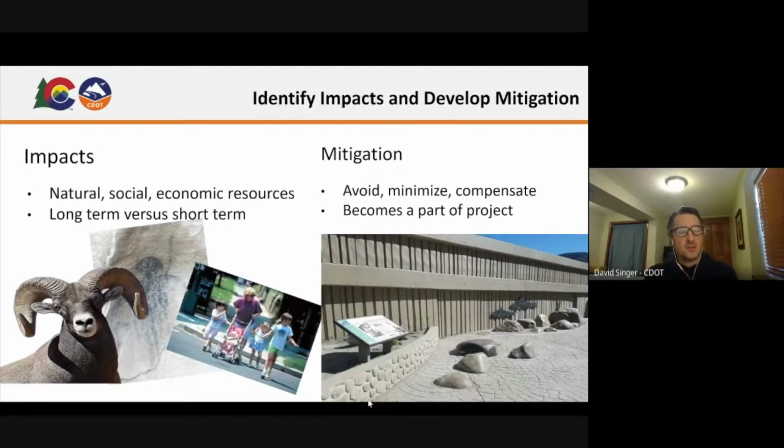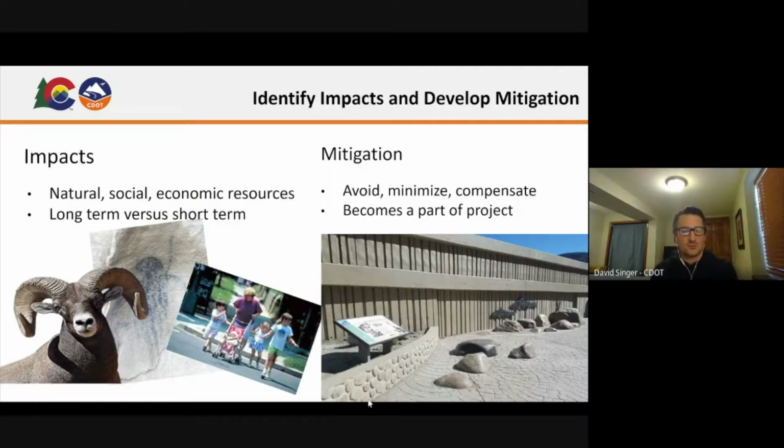So we think about the existing conditions. We then overlay the impact and the activities, and that helps us understand what the impacts might be associated with the project. And when we think about impacts, they happen in two different phases. There could be construction impacts, and that could be fugitive dust or detours or closures. And then there's permanent impacts, and that's after the project's come and gone, and that could be right of way,